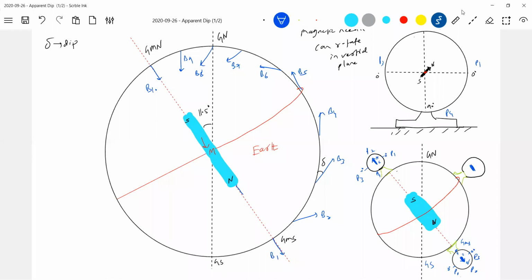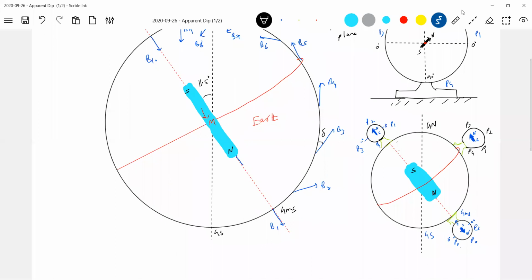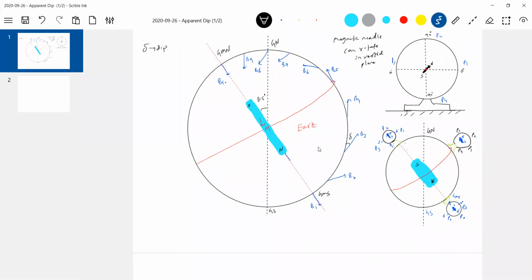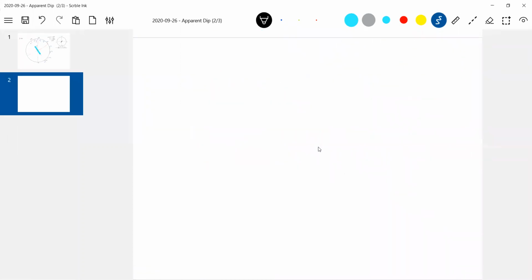So it will align itself like this, north south. So we just gave some symbols, no? So this is P1, P2, P3, P4. At least now I think everyone is able to understand what I mean to say, dip. Okay, this is about the measurement. Then we showed some other diagrams, no? After this, I brought some other diagrams.